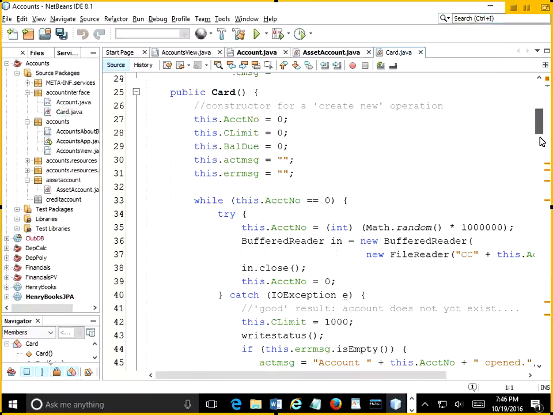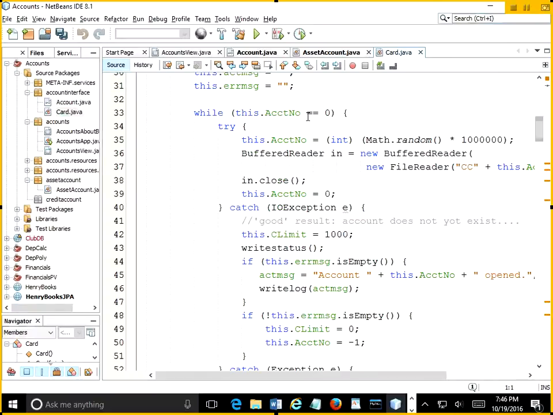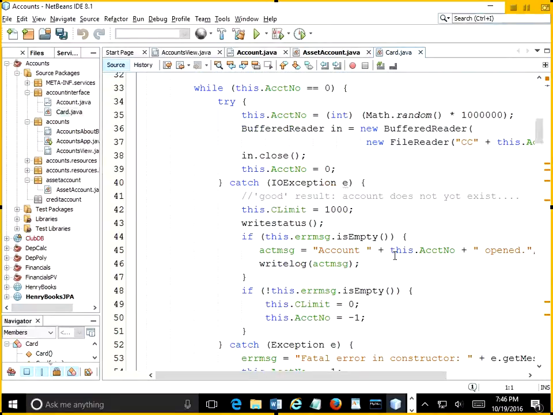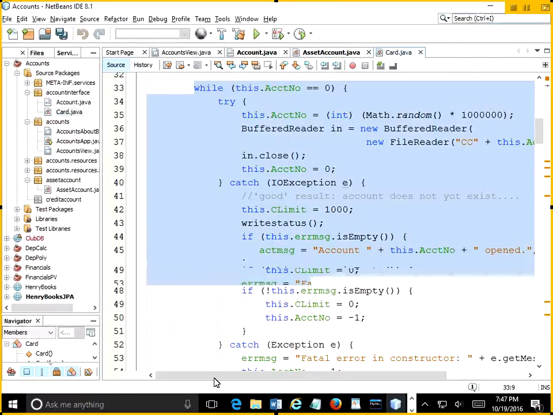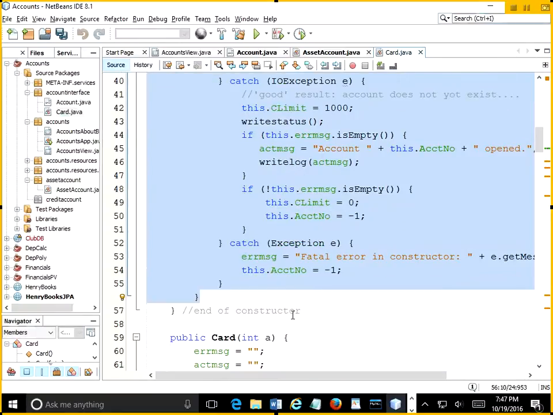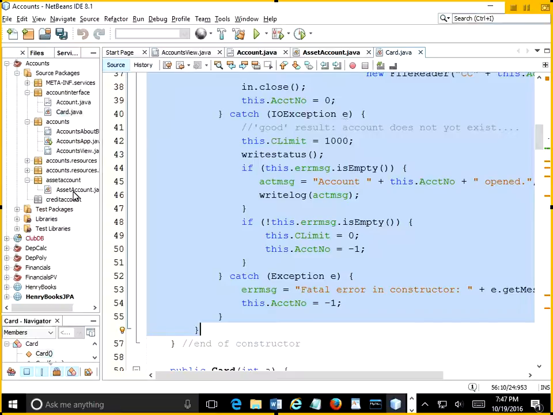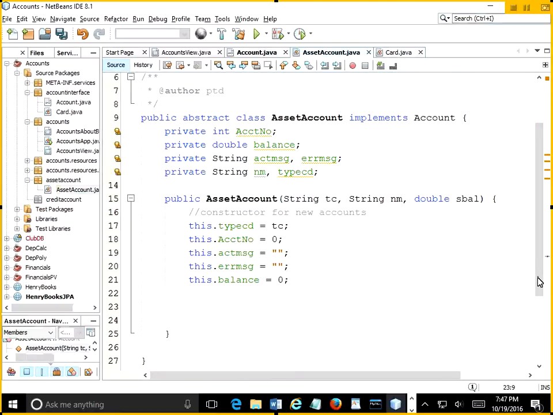We've got under card no parameters a while loop that looks to continue its work as long as the account number stays 0. And so I think we can take all of that method, and we've also got this problem of writing a status file and a log file. We're going to copy some code there too, but for right now I'm going to grab the entire while loop that is inside the empty constructor of card, do a Control-C, bring it over to asset account,